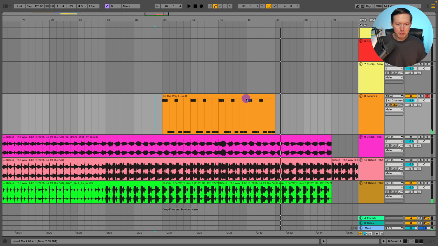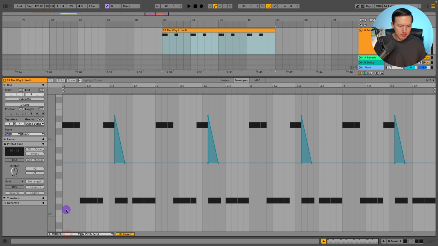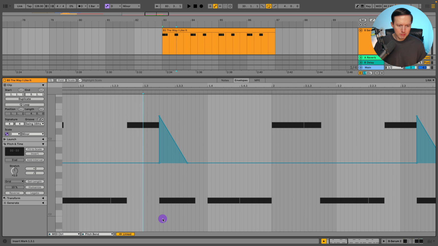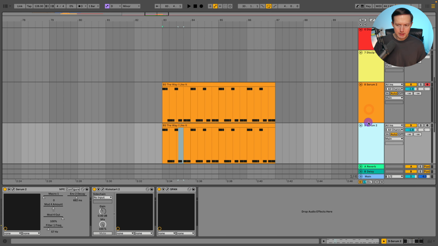Same thing with having a pitch bend. Let's take a look at this bass line and go to the MIDI here. So we've got the pitch bending happening just on this note that repeats. Let me just duplicate this